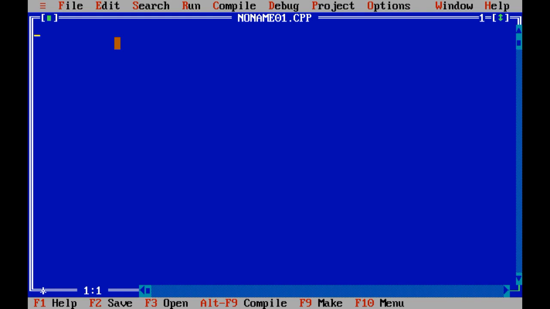In our today's session, I would like to show you these 2 programs in Turbo C editor. So let us start with the first program, that is write a program to find volume of cylinder.